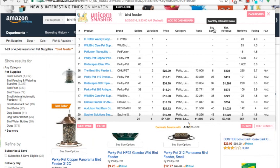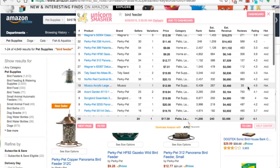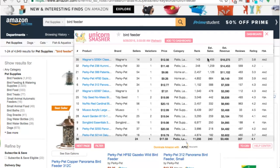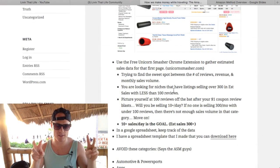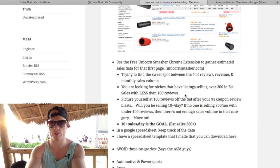plugin. It's basically an extension for Google Chrome, and it scrapes the data and gives you an estimate of sales. What you're trying to do is find a sweet spot between the number of reviews, the revenue, and the total sales volume. So you're looking for niches that have sellers that are doing over 10 per day, because the goal of a successful product in the Amazon method is to sell over 10 per day, and that will show as over 300 in the estimated sales in the